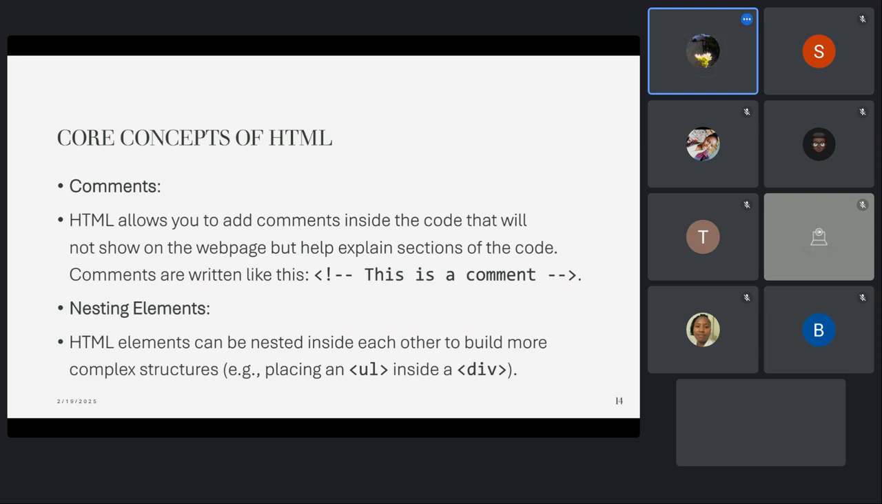So nesting elements, these are elements that you can nest to add and build more complex structures. For example, a div element, a UL element. Those are elements where you can nest something within them. And that's all I have for